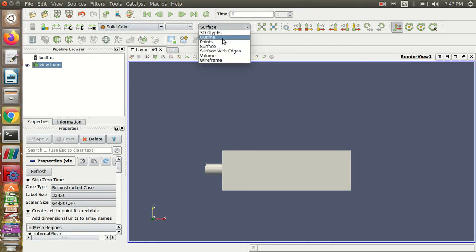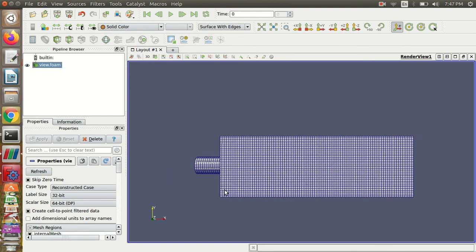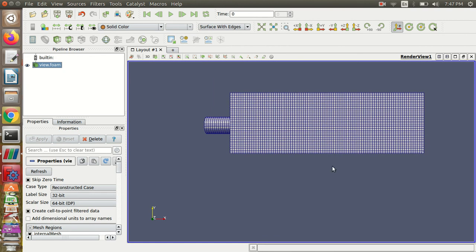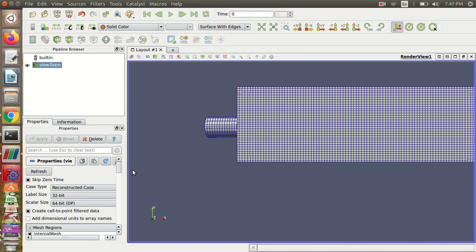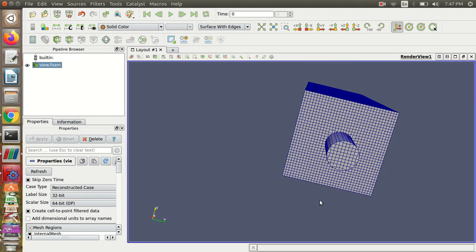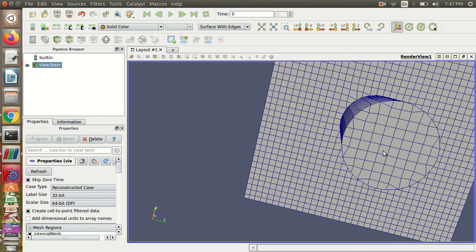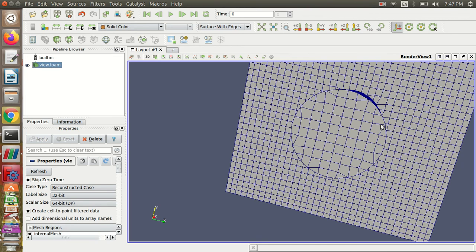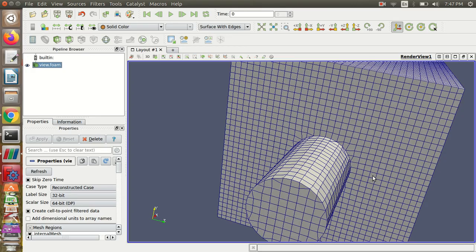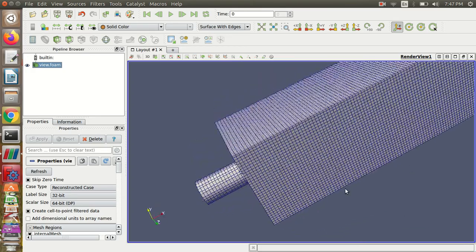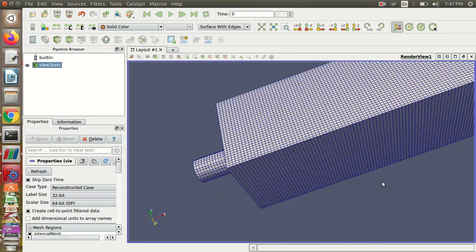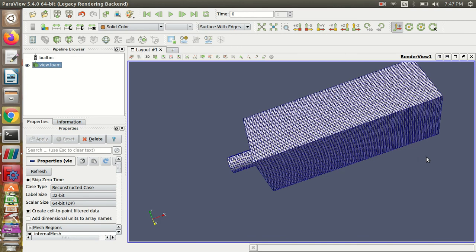We can view it with the help of surface with edges. I have given you a uniform mesh size, so you got something uniform everywhere, and even here you got a uniform mesh, but this is based on the features mentioned in snappyHexMesh. Somewhat nice, right? In future, if you want, you can explore snappyHexMesh much more based on your problem.